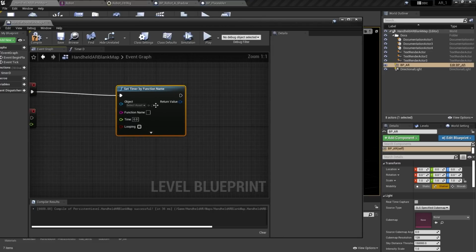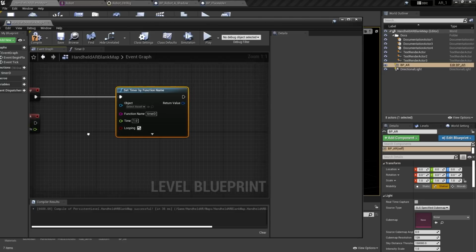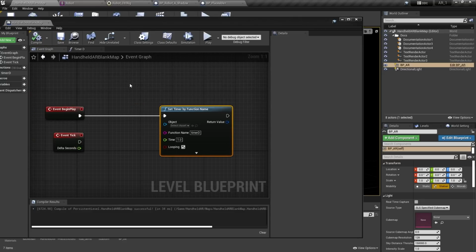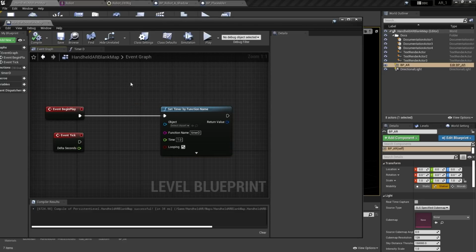We're going to tell it to run the function name timer D, have it run that every second, and loop it. We'll hit compile and save. And just like that, we've now built the logic to automatically refine the environment capture probe using ARKit, which is just ridiculously cool.